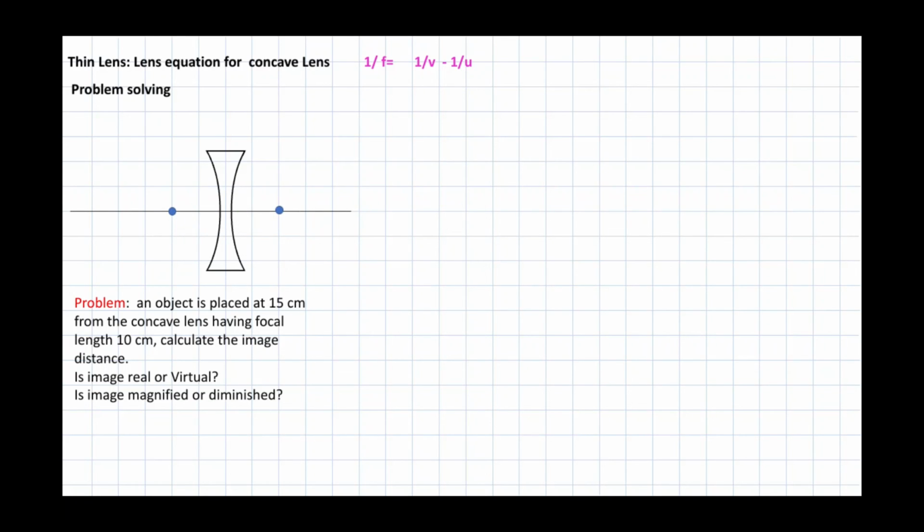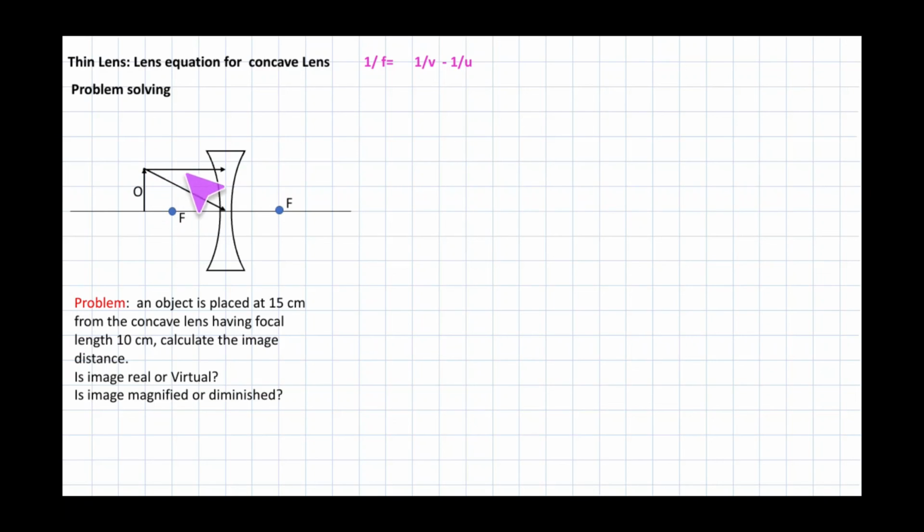These are the focal points, and we know that a focal length of 10 centimeters is given. But remember that in case of a concave lens, we should consider this focal point, and f will be negative. So here it is the object, which is kept at a distance. Here also you can see that this is one division of 5 centimeter, 10 centimeter, and 50 centimeter. So here the object is kept.